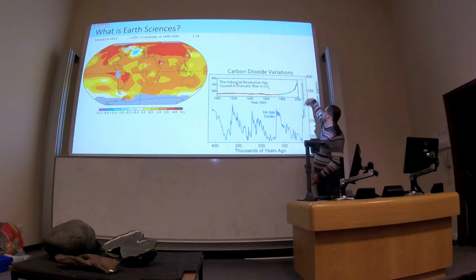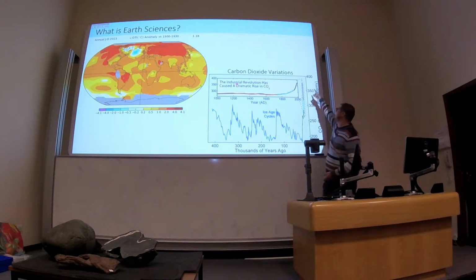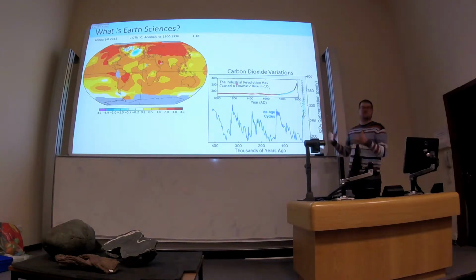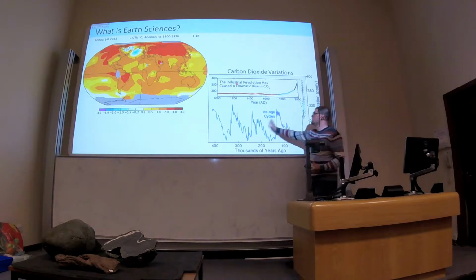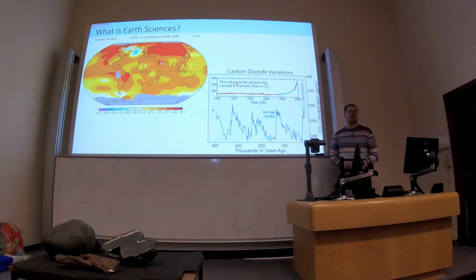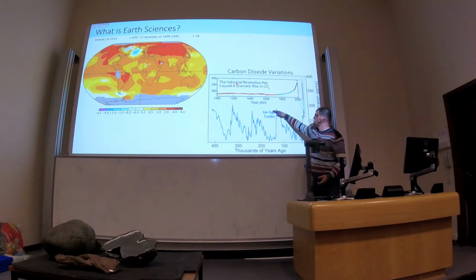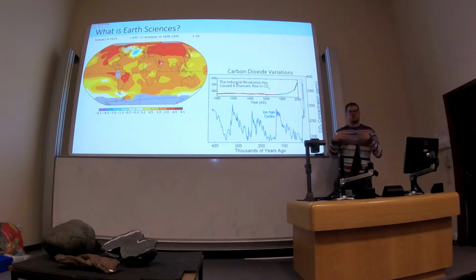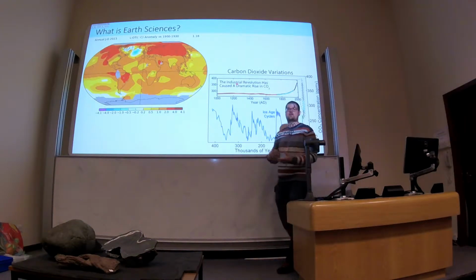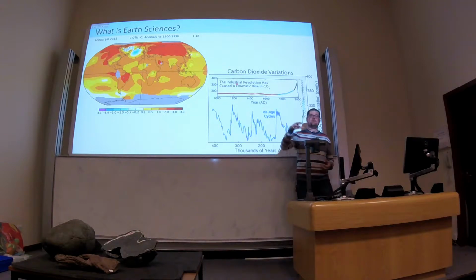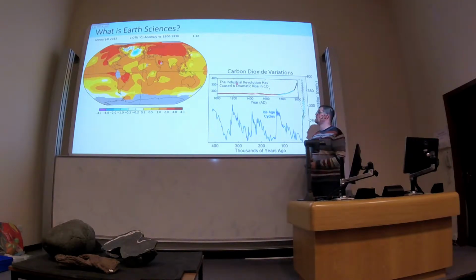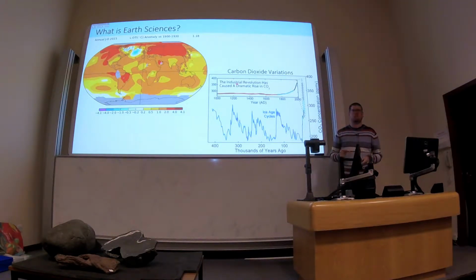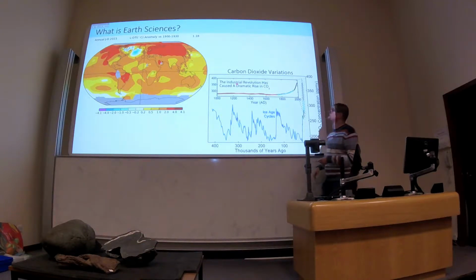But this bit on the end here, this increasing up, we're now over 400 parts per million. That's a massive perturbation compared to what we've had going on in the past. Okay? And even these perturbations that were natural have had huge climatic influences. And some of you will see that in one of the practicals tomorrow and Wednesday.